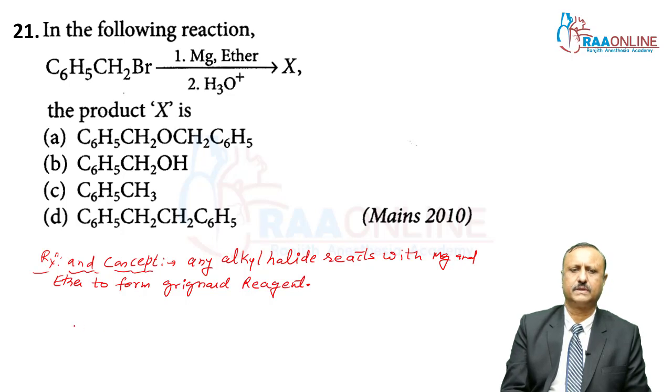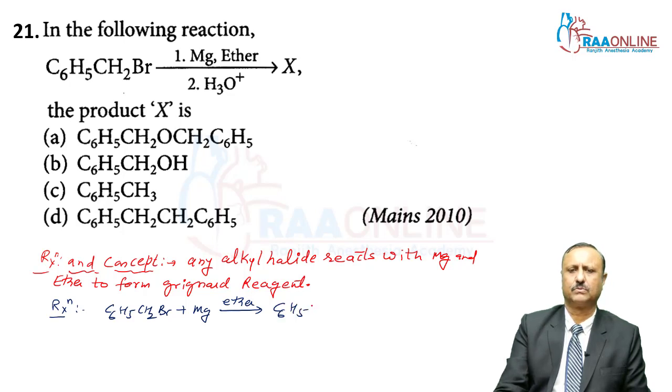Here you can see the reaction. In this reaction, C6H5CH2Br reacts with magnesium and ether to form, my dear students, C6H5CH2MgBr. And this C6H5CH2MgBr Grignard reagent, when hydrolyzed by water,